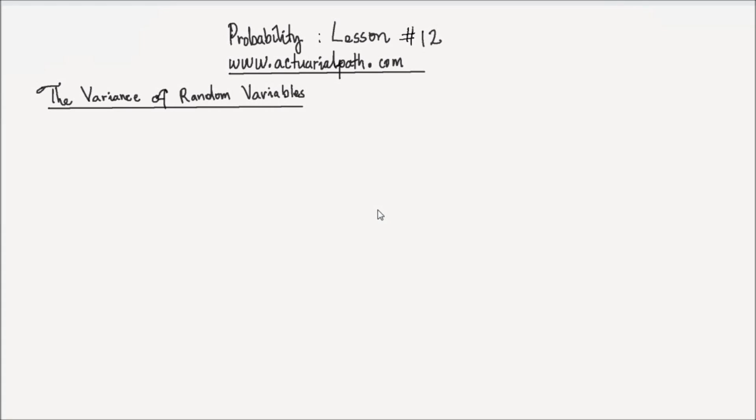Hi, this is lesson number 12 on probability from Actuarial Path, and in this lesson we study the variance of random variables. In our last lesson we studied the mean, or the center, of a random variable. Now, variance is a measure of the spread in the values taken by the random variable. Before I give you a formal definition of what a variance is, I'm going to show you some pictures to